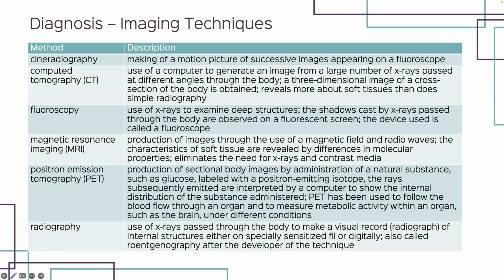So our diagnostic imaging techniques, here you'll see different types of techniques that they can use for radiology. You'll have your CTs, your MRIs, your PET scans. This just gives that full official description of what they all are. So your CT is going to be a three-dimensional image of cross sections of the body. It's going to tell us more about soft tissues,